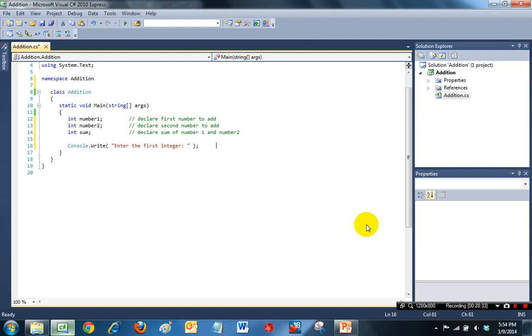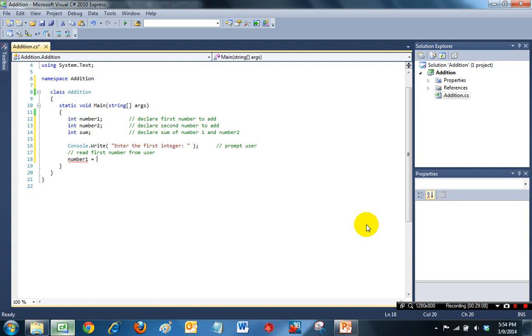So we will call it prompt user, and then once we prompted the user, we are going to read the first number, read first number from user, and this will be an assignment, and therefore on the left hand side we are going to write number 1, which IntelliSense actually gives us,